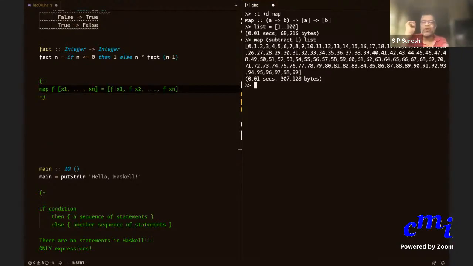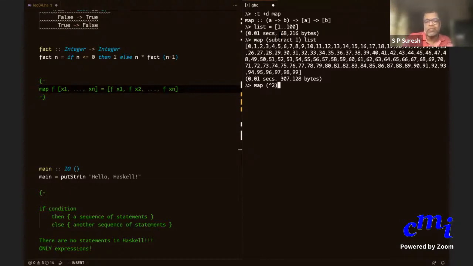Now you might want to say, oh, I want the squares of every number in this list. So typically you would have to write a function which actually says take an input, square it. But you can also do it very simply by saying map of raised to the power 2, where you are fixing the second argument.